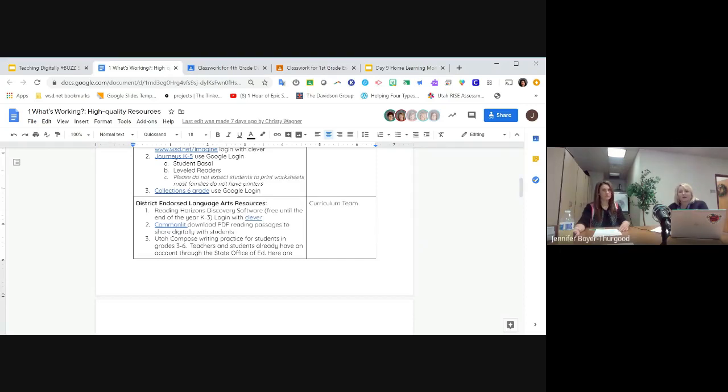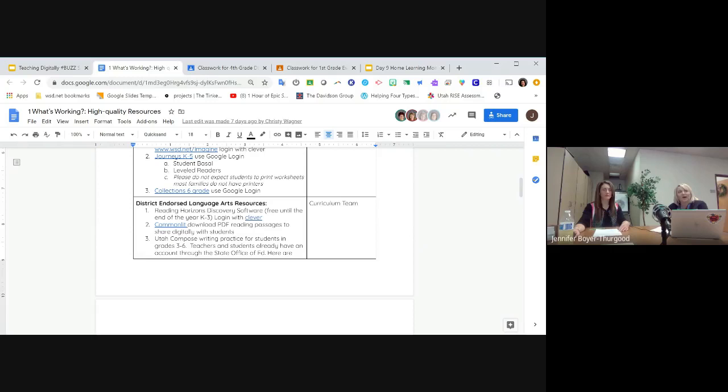We want to integrate science and social studies, and that's a great way to do that with articles there. With those, you would want to download those as PDFs and then attach them or assign them through your Google Classroom. That way the students don't have to have a login for that. So keep that in mind. Download as a PDF as well.